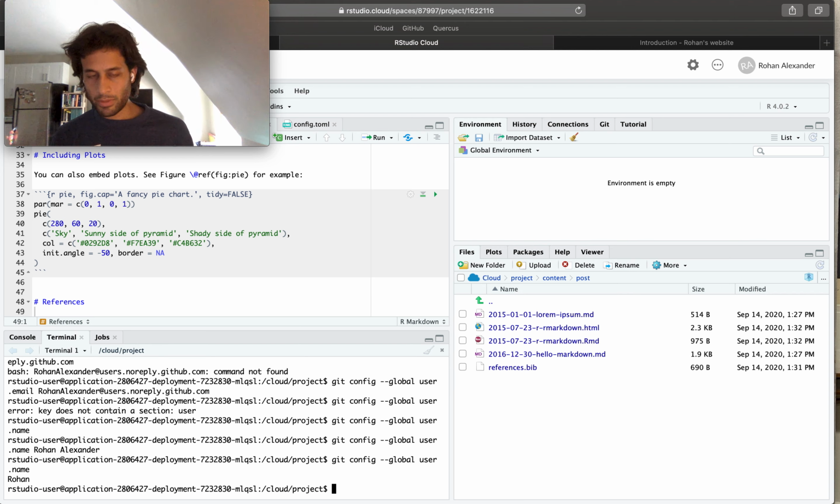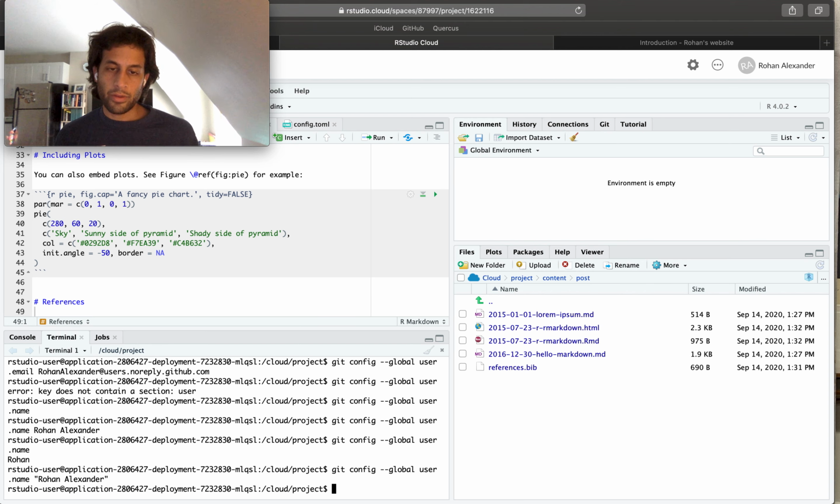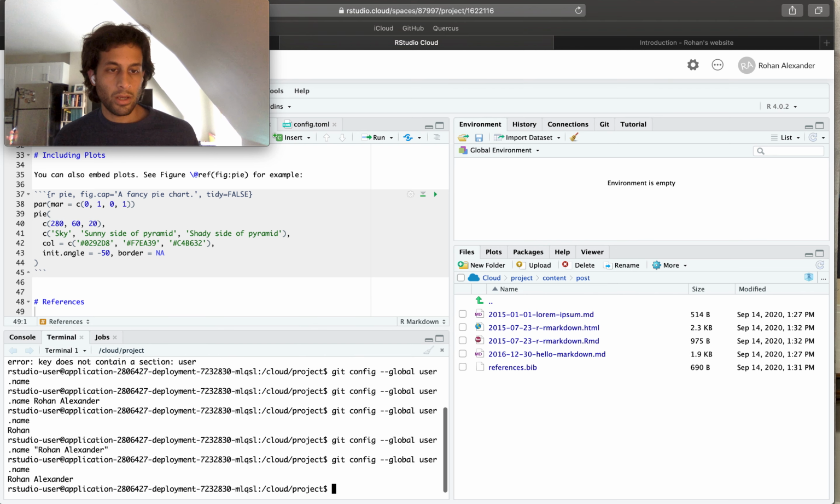Okay, so what you need to type is git config global user.name Rohan Alexander, and then we can check what it's got by typing out all of that without the argument. So git config global user.name, and it spits back Rohan Alexander. So this is all looking good. We can now